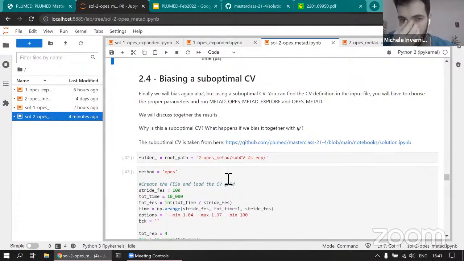Okay, then this I think is maybe the more interesting example, biasing a suboptimal collective variable. In reality, in any practical application, you are never in the situation of having alanine dipeptide with the phi angle. Usually your collective variable describes a slow mode of the system, but not all the slow modes of the system. So you might still need to wait a long time